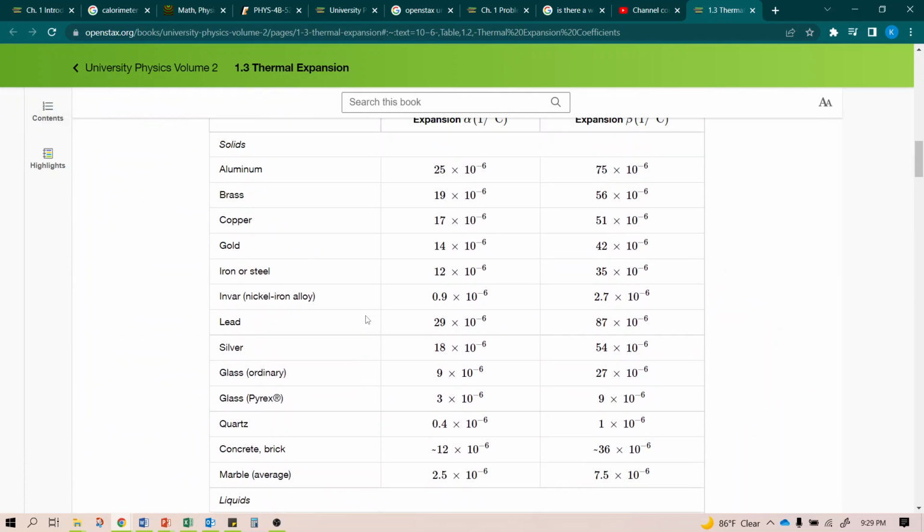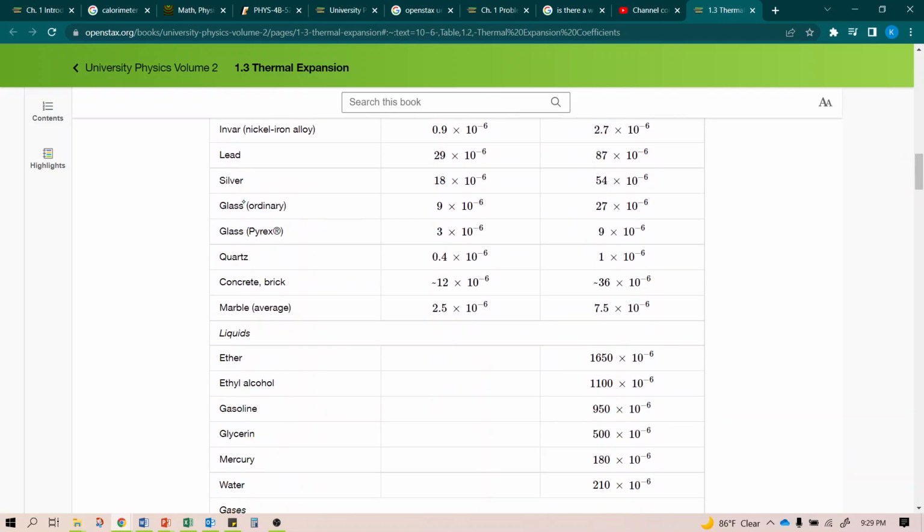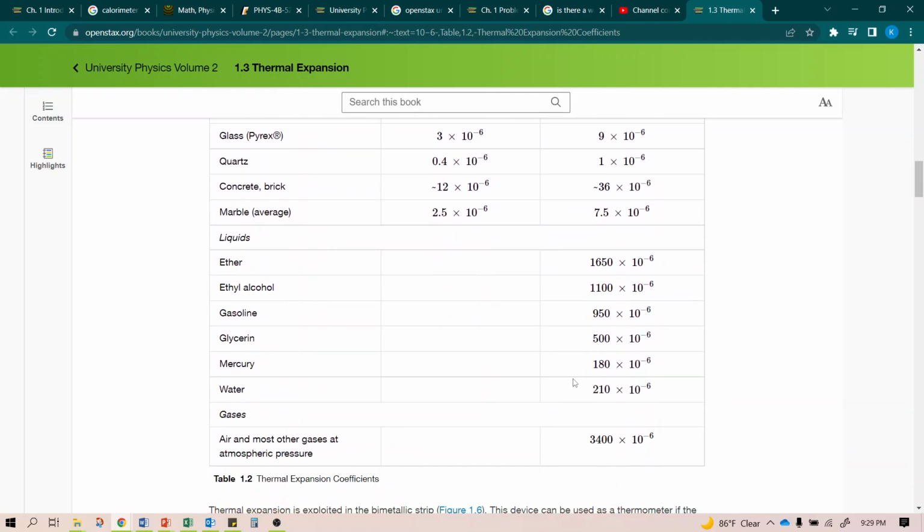And so this is the list of expansion coefficients. We have the linear expansion coefficient here, and eventually we will look at volume expansion, but we will do that in a minute here. So we have solids, we have a list of the solids,